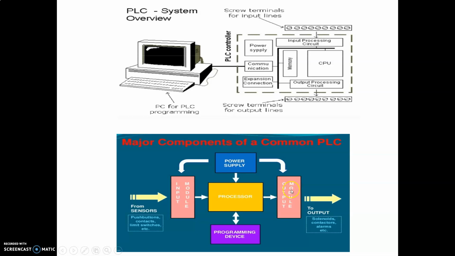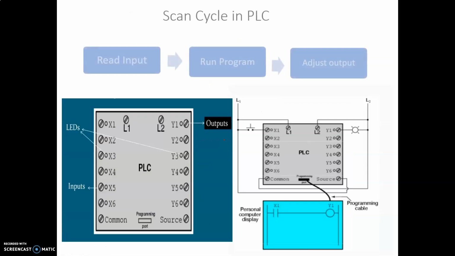Next, we have the output module. The output module is where the output goes. It might be a lamp, an alarm, solenoid valves, a motor, it can be anything, right? We need to have a connection between the input module and the output module. To have that connection, we require a very specific program. That program defines what exact kind of relation we should have.